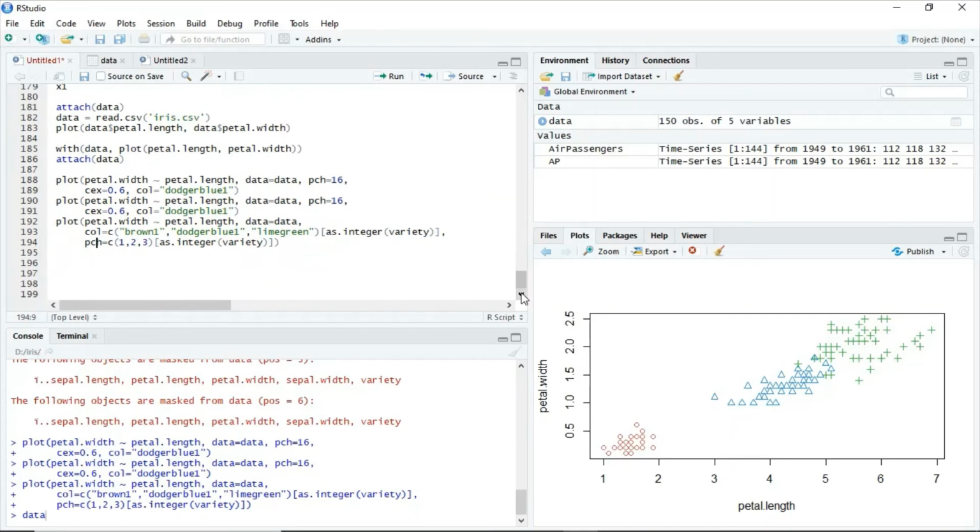Now there is one question. Is this scatter plot okay? The answer is again no. This scatter plot is also not okay because the person who is plotting it knows that we have three categories: the red one is setosa, the blue one is versicolor, and the green one is virginica. So how will a person who is analyzing the data by visualizing the plot understand? At this point of time we have to add some legend.